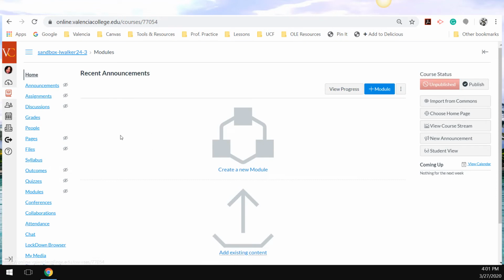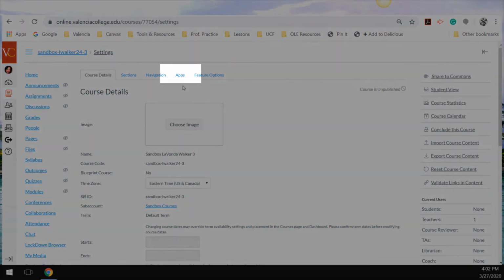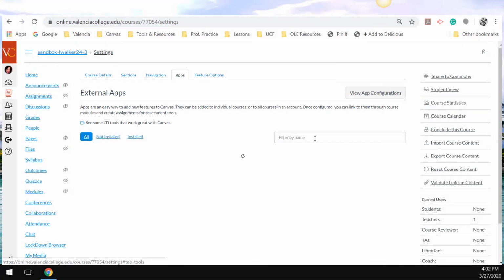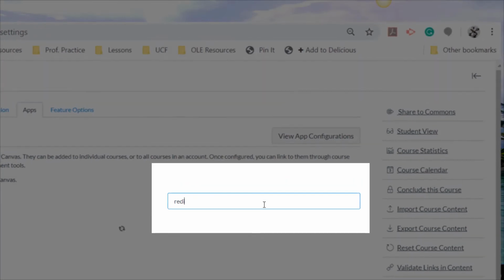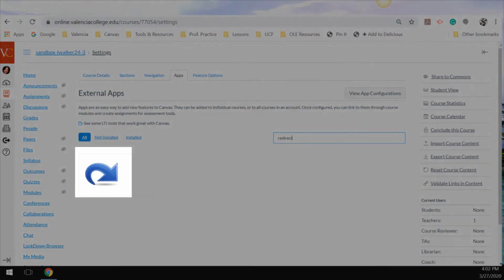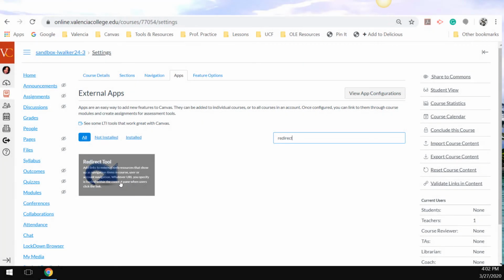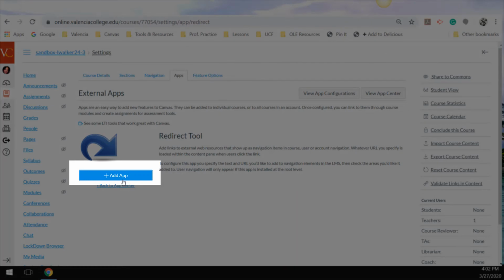So make sure that you are logged in and access your course CRN. Inside your course, click the Settings link in your course menu. Then click the Apps tab. Type Redirect in the Filter by Name box and click the Redirect tool tile when it appears on screen. Click the Add App button